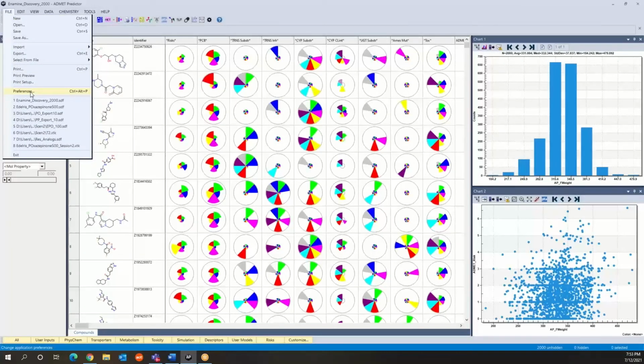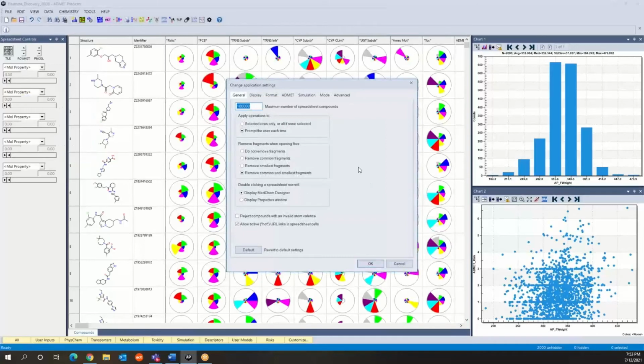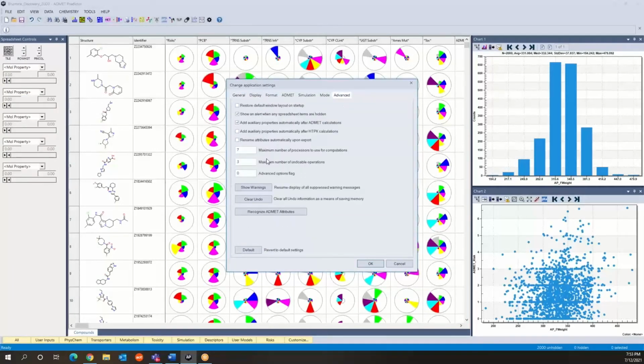If you go to preferences, you will see that there is an advanced tab over here, and under advanced, you will see maximum number of processors to use for computations. As I said, I could have used as many as 8 processors. I used 7 to be on the conservative side and leave 1 processor available for housekeeping of potentially other tasks